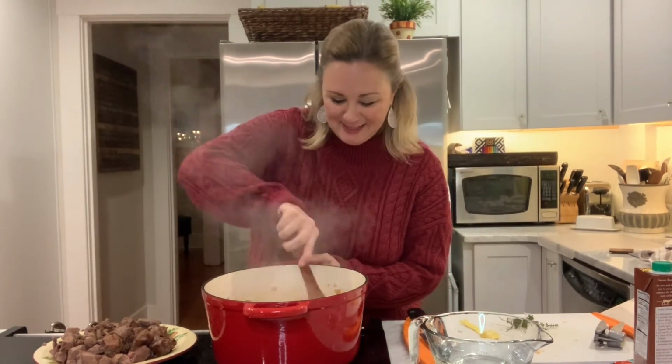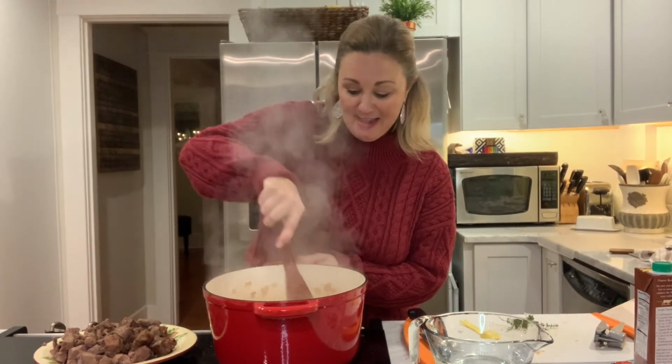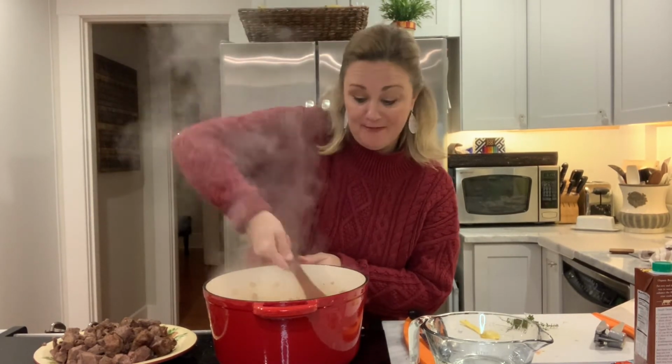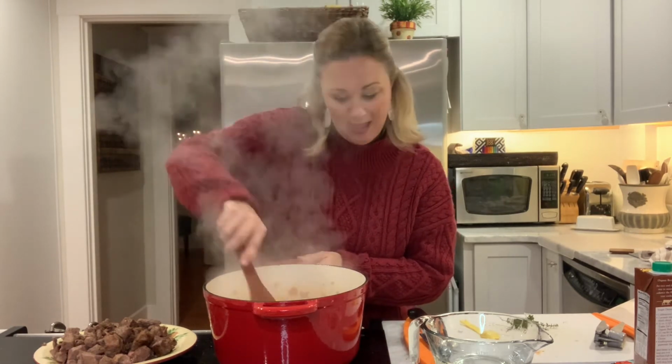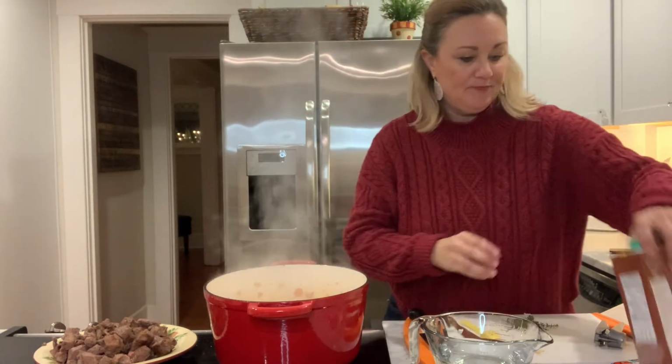Okay, final steps. So I let my tomato paste with the veggies and garlic hang out, and it's now all golden brown delicious. It's another layer of flavor. So that tomato paste kind of cooked onto the bottom, but that's okay. It's going to be just a richer flavor. Okay, so